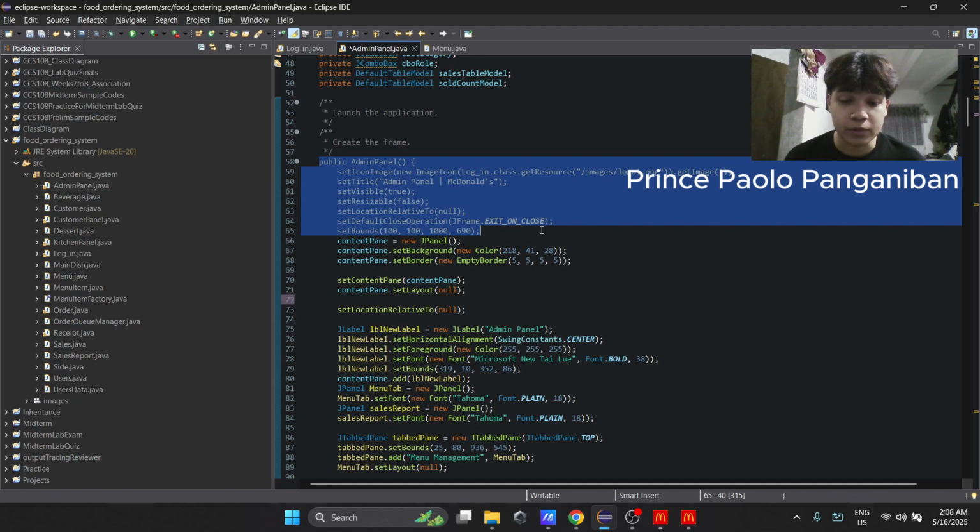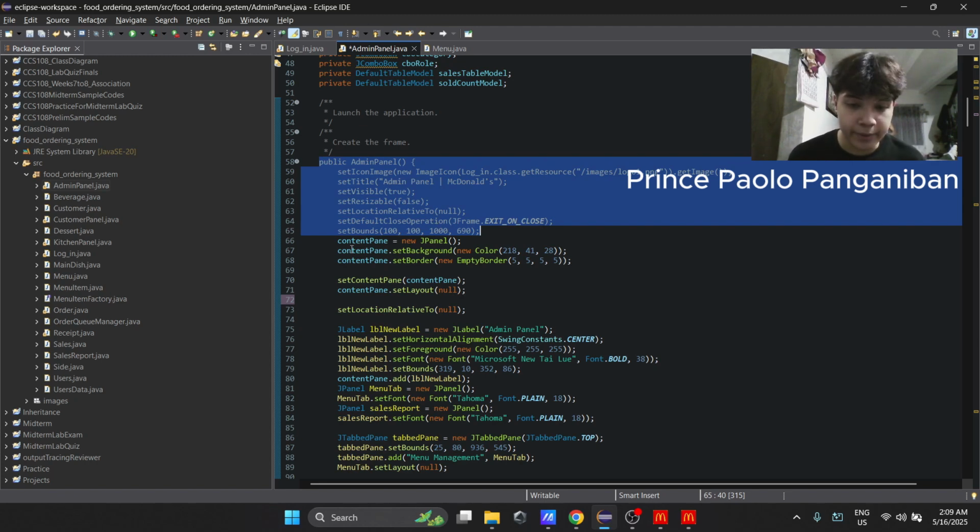Set resizable to false prevents stretching mishaps. Set location relative to null centers the frame on whichever monitor is primary. Closing this window terminates the JVM, exit on close. That's fine for a standalone desktop app.